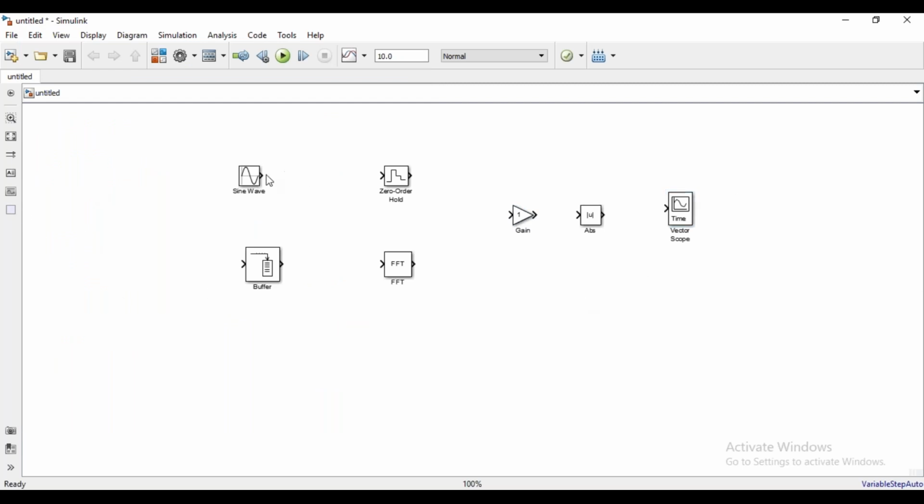Now we need to join them. First, the sine signal which is generated from this signal generator needs to be connected to a zero order hold. This zero order hold is responsible for converting this sine wave into a sampled or discrete signal, and then we are providing the output of the zero order hold to the buffer unit. The output of the buffer is connected to the FFT operation. The output of the FFT is connected to the gain terminal, and the gain is connected to the ABS. And finally, we are connecting the absolute value